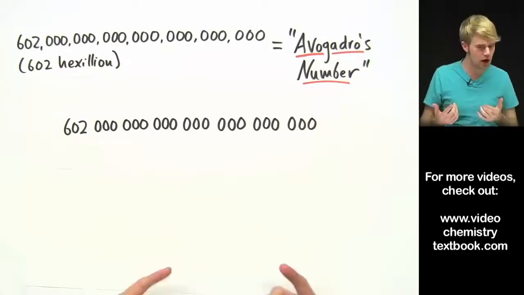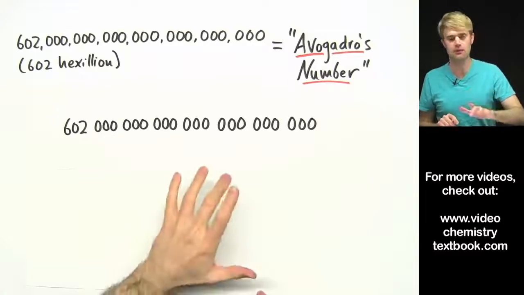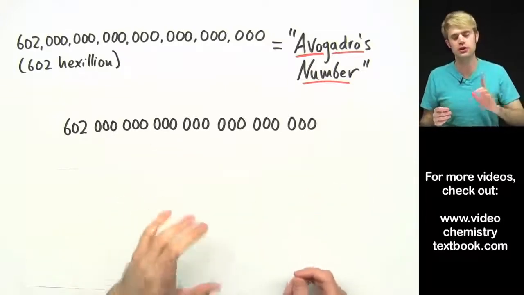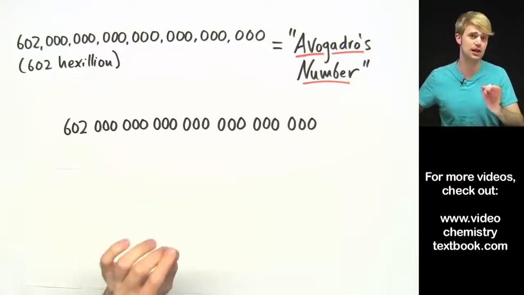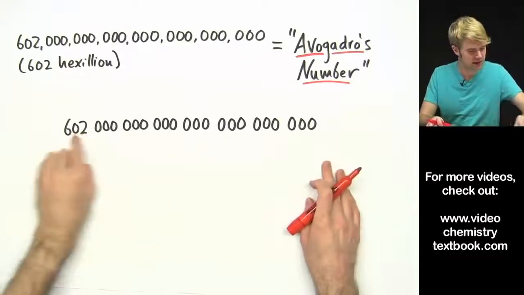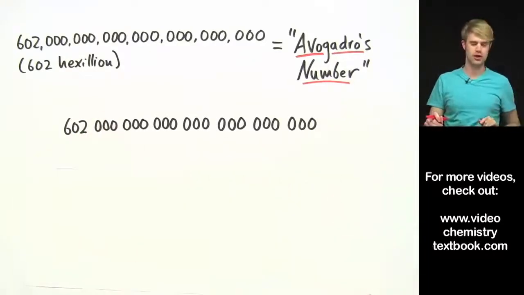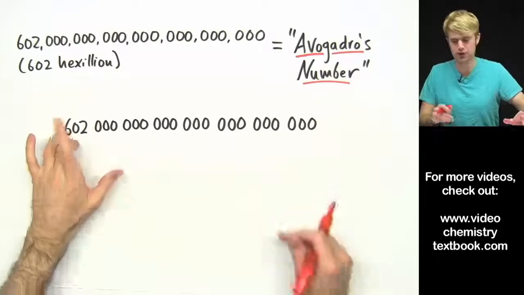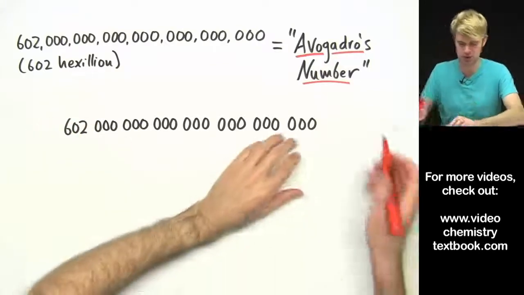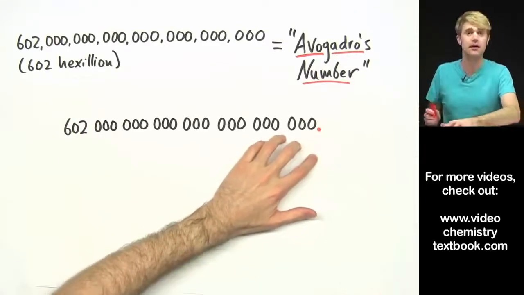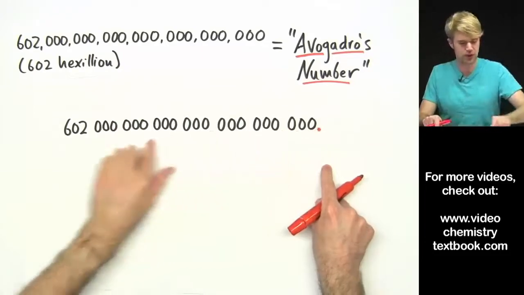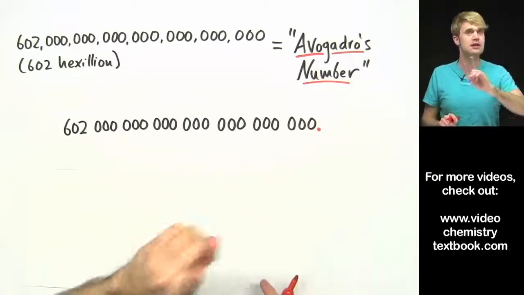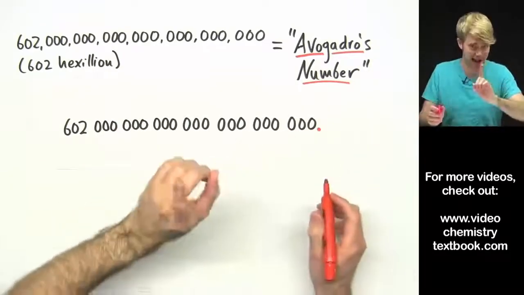Now, as you may know, when we abbreviate numbers in math and science, we usually use a technique called scientific notation. And here's how we would abbreviate this number using scientific notation, okay? I've got this big number, 602 hexillion. I find out where the decimal place would be. It would be right here. And now I move the decimal place until I have just one digit to the left of it, okay? And I count the number of spots.